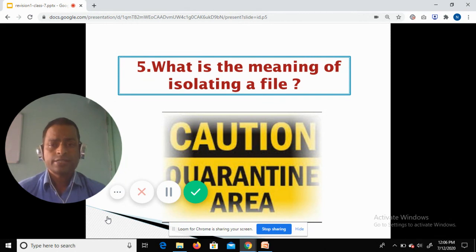So isolating means keeping the files in another location so that it will not affect other files or folders. I hope you understood what is